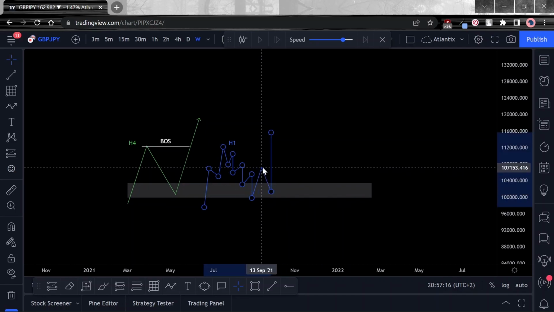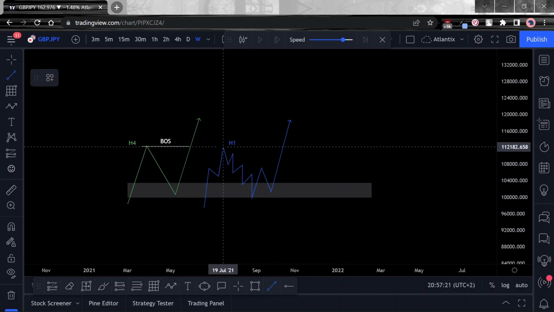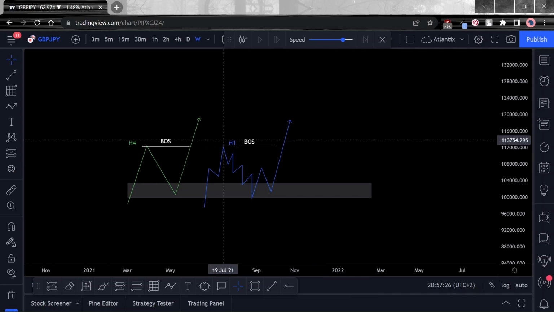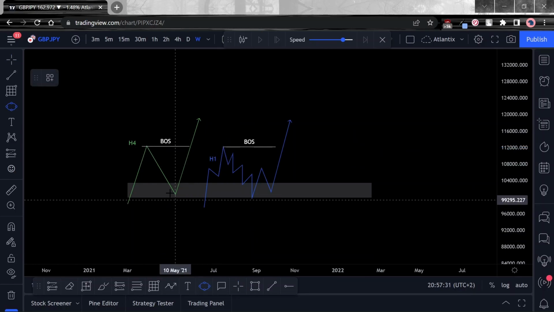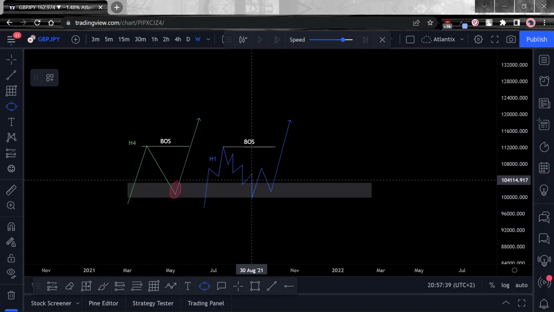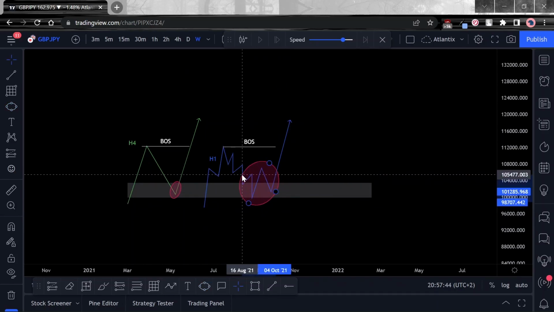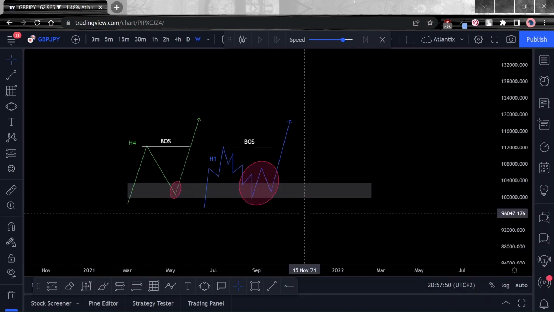Let me just create more space over there, right? And again, we said we want to see this bullish breakout structure over there, right? Now on the H1, because we're trying to anticipate a trend change over there, it means we have to look over here to see that pattern which we've been talking about. This is the schematic that we're looking for in terms of market structure on the H1.